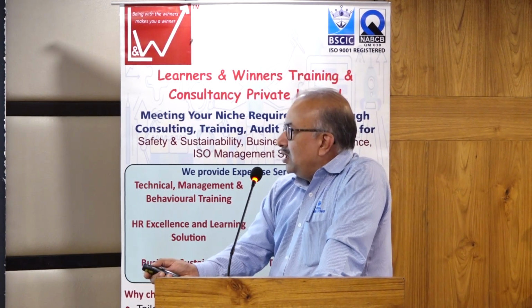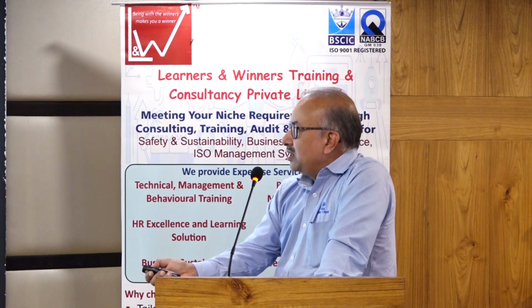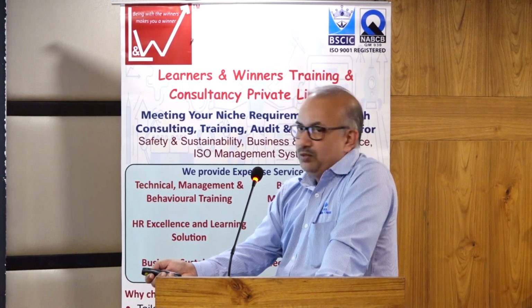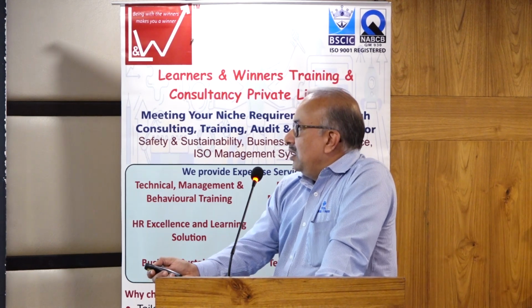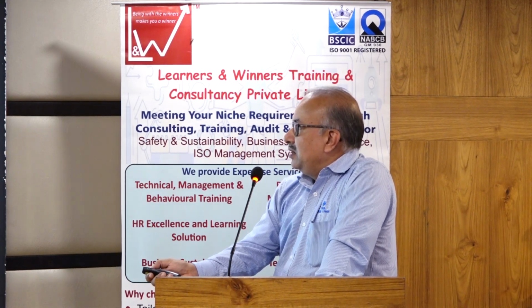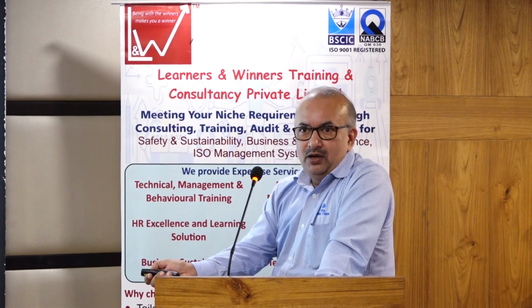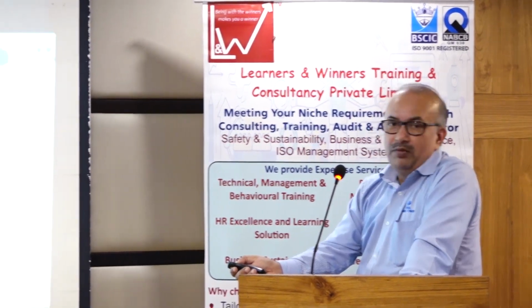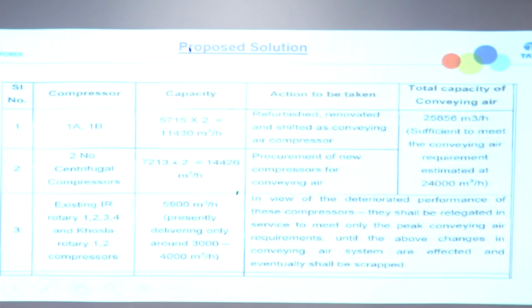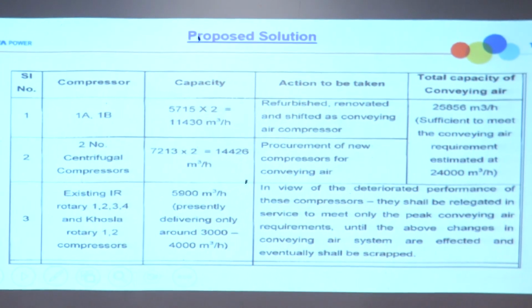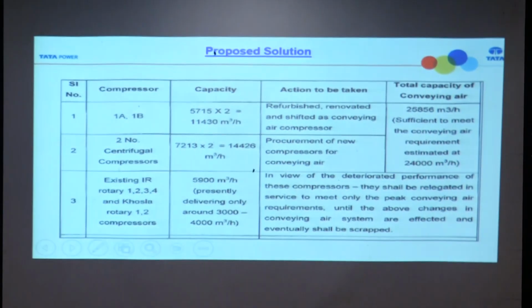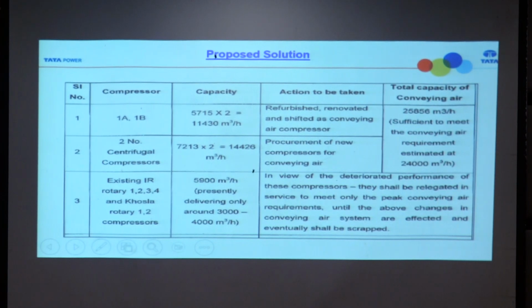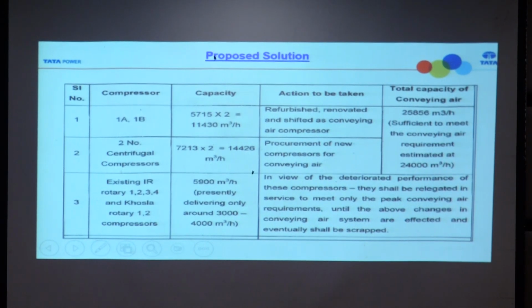The solutions are compressors 1A and 1B. These are the oldest centrifugal compressors we have in our Unit 1. The capacity is 5,715 each, that means a total of approximately 11,500. These have been refurbished, renovated and shifted for conveying air. The old 6 screw compressors were almost outdated, spares could not be obtained from the OEM, and we have forcefully closed the operation of all 6 compressors,